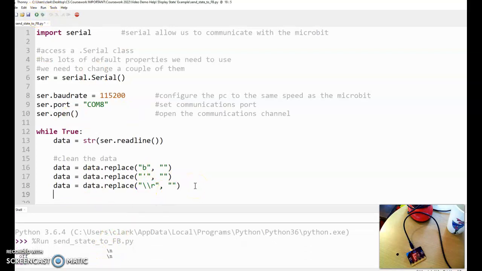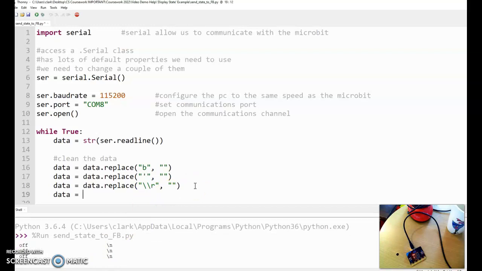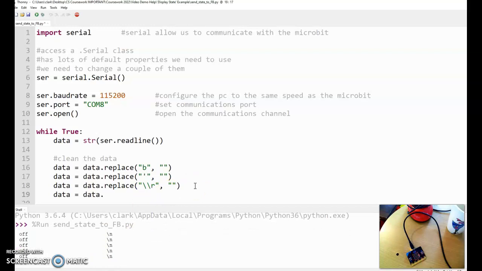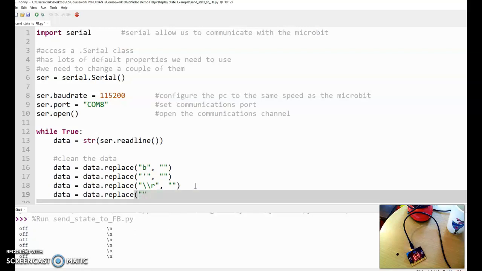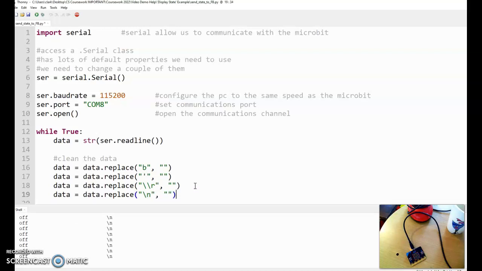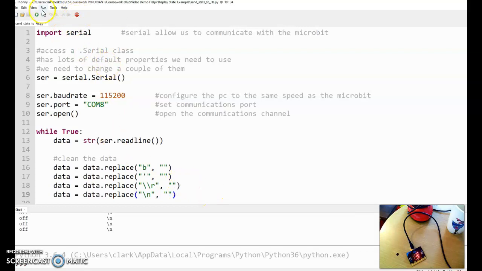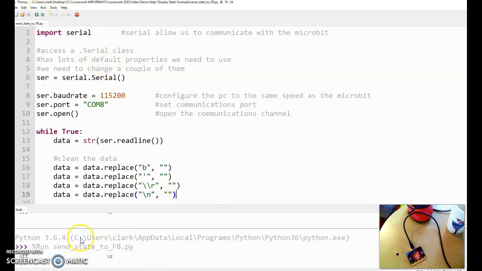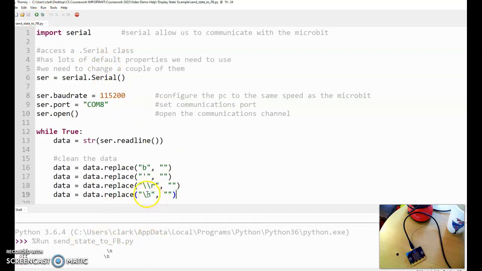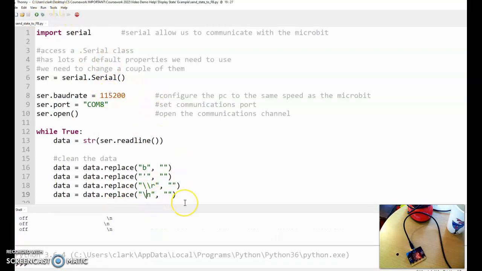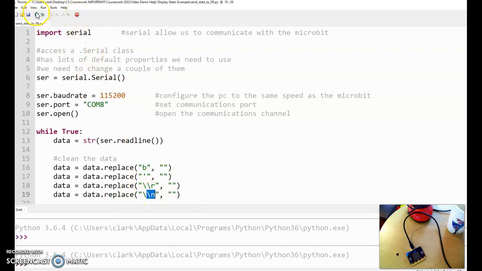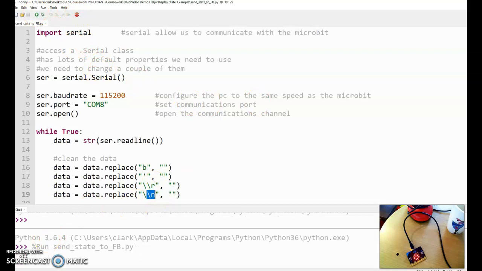And we also need to do that with the \n. \n now, and this should be pretty much all our data working. Just save it up here, should be all our data cleaned. And I need the double \ in there again, don't forget, because the escape character now says, okay, with this double \ here you actually want to get rid of that stuff there. So we're going to run it, and now we've got down to our